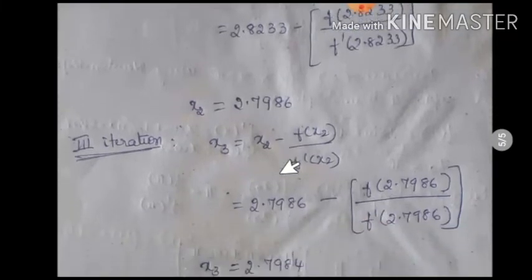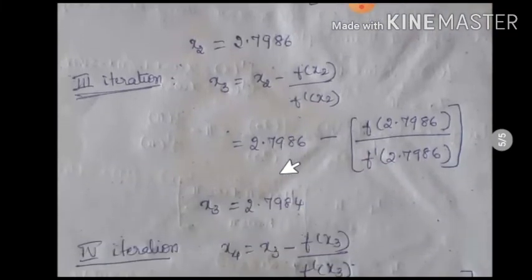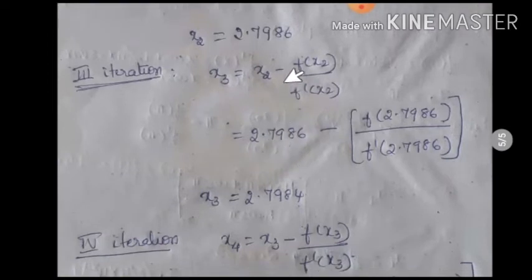So third iteration formula of Newton-Raphson method is x3 is equal to x2 minus f of x2 divided by f dash of x2. Substitute x2 answer, substitute the function value, simplify using calc, you get the answer 2.7984. In the same way, again check second iteration answer and third iteration answers of x are different. Up to third decimal places they are same, but up to compare it to 4 decimal places they are not same.